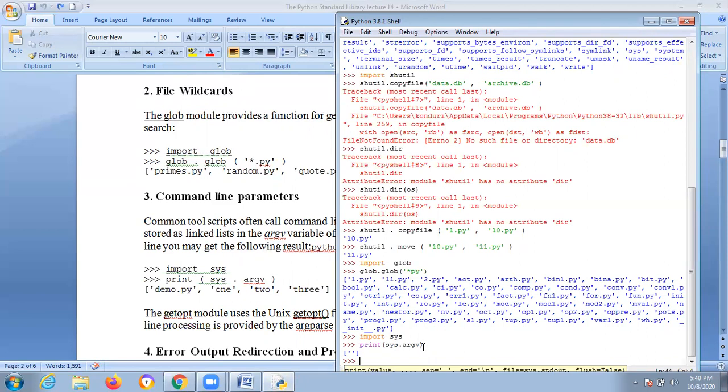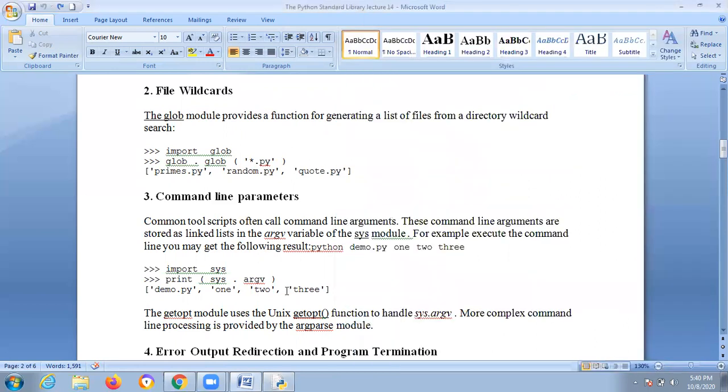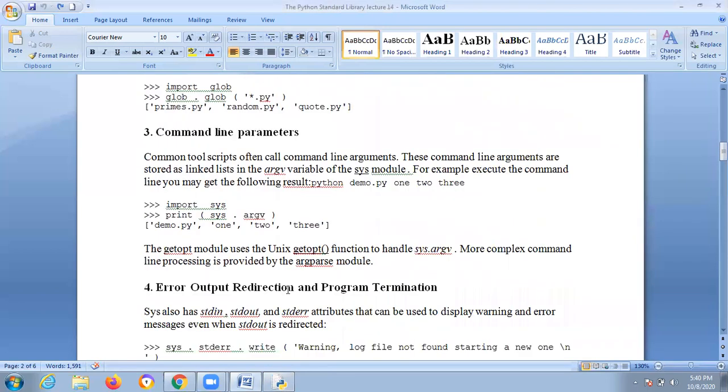Suppose if you give a space, in this no arguments are there, just like this it will print. Okay, in Linux it will handle sys.argv, or any complex commands it will handle in Linux.